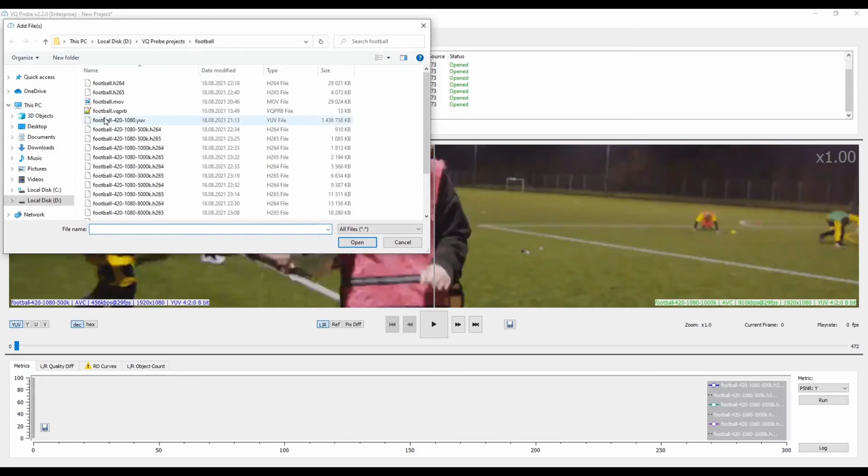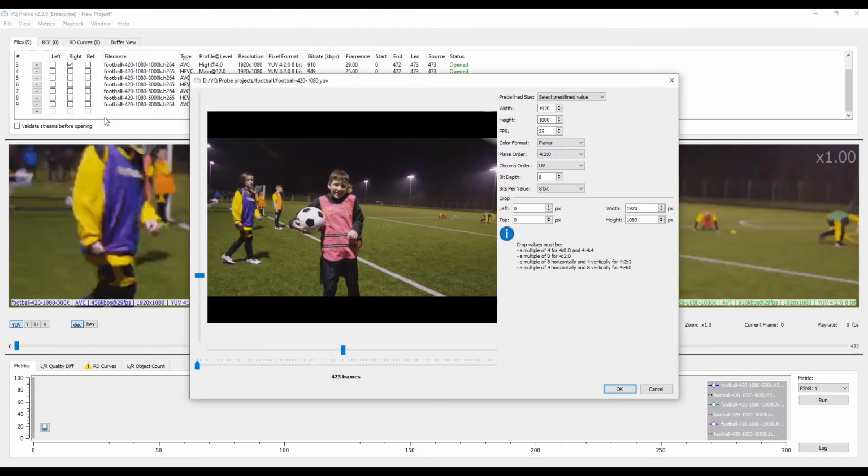In case of a regular YUV file, you will be asked to specify video parameters such as resolution, chroma subsampling, bit depth, and so on. Configure parameters of the file. Tune parameters until the image looks right to you. Once you open a specific file via the dialog, consequent openings of the same file will use the previous parameters